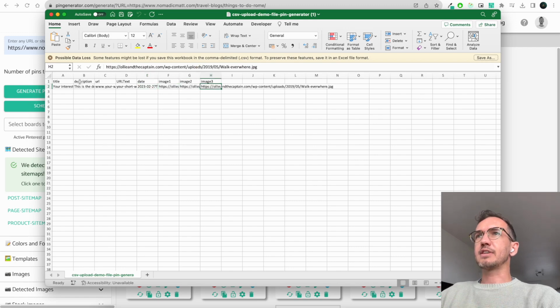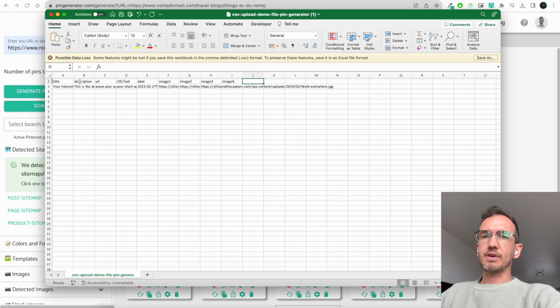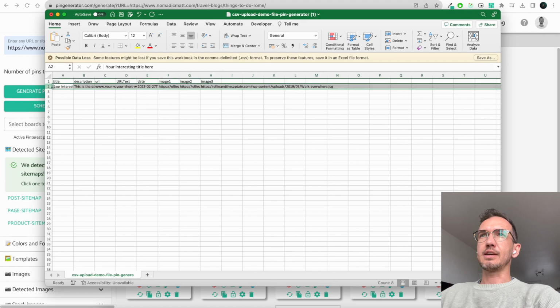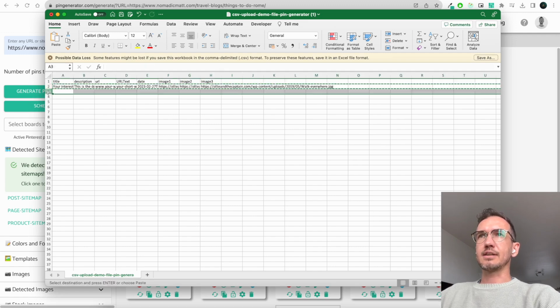And then images here, images that you have in URLs of the images. So you could also add image 4, or image 5, or you could delete images. And all of the fields are optional. So you don't have to use all of them, but you can just use the ones that you want to use. So once you're happy with your CSV file, let's create a few